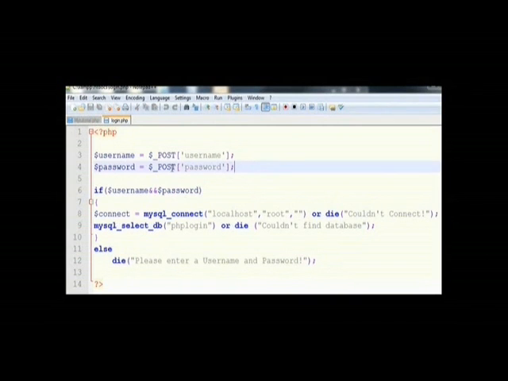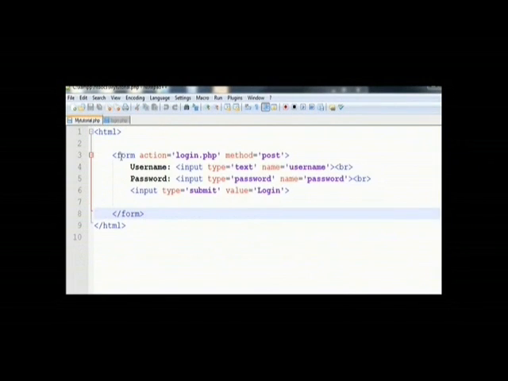Then, as you can see, there's a username, false, and username. This is the connection of the username to the design of the username here in my tutorial.php.